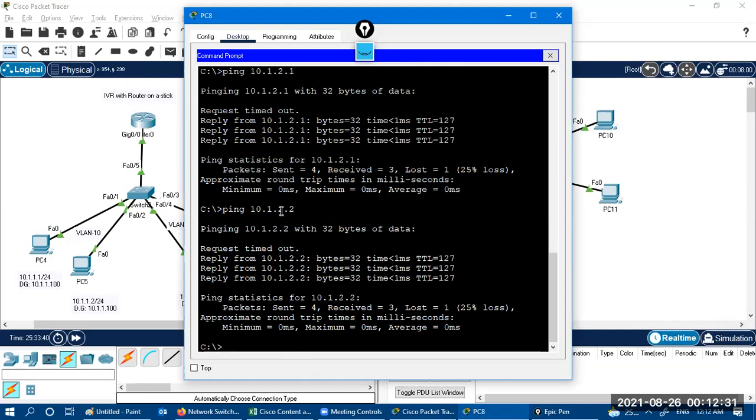If you talk about live scenarios, previously we were using the concept of router on a stick, but nowadays we prefer the SVI. So we are more preferring the concept of inter VLAN routing with SVI.